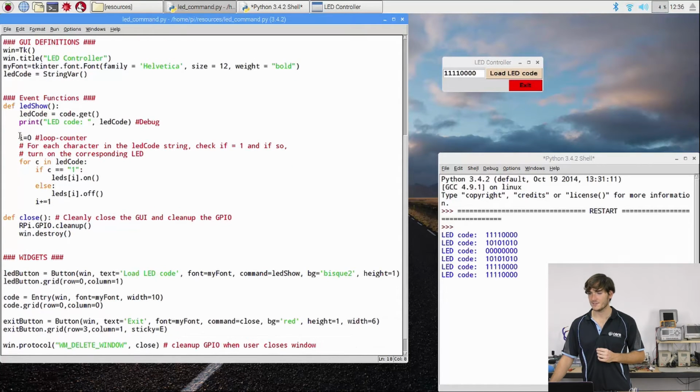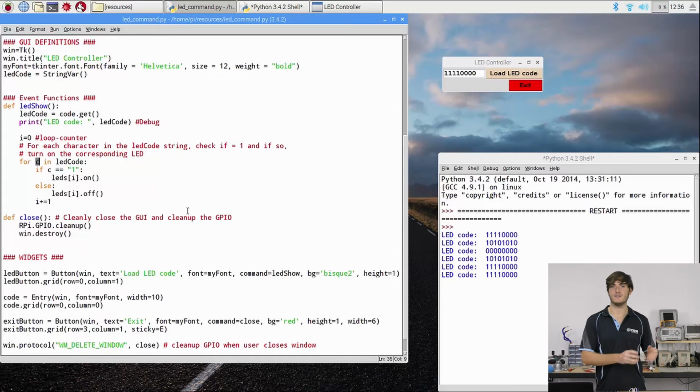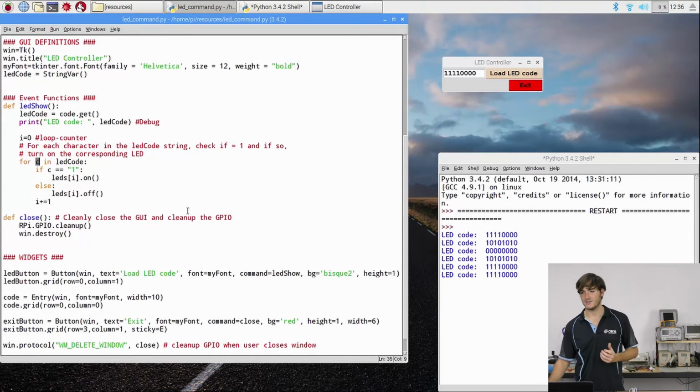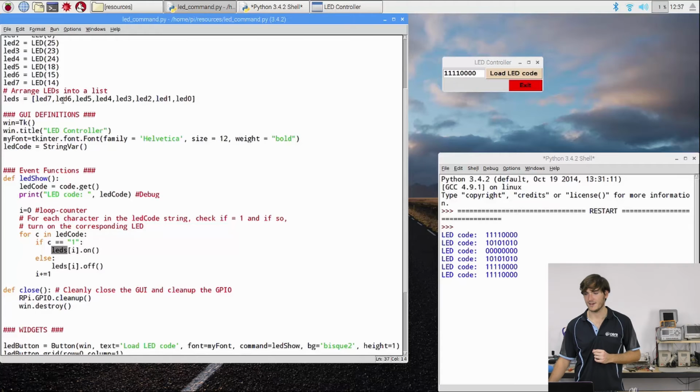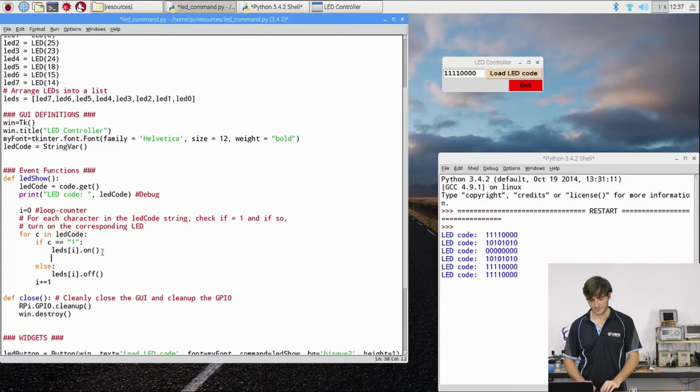So we create a loop counter, and then we have a for loop, and we say for C in LED code. Because LED code is a string, that means that C is going to be a character. So this means for every character in this string. And what we're going to do is check if that character is equal to 1. If it is, then we turn an LED on somehow. And this is where the power of this list has come into play. Normally, let's say we wanted to turn LED 7 on,